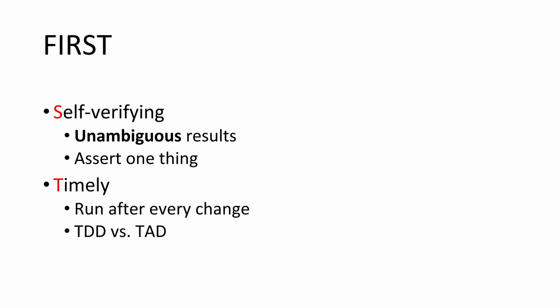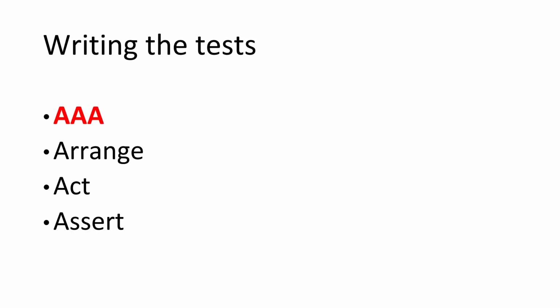That's FIR. The S is self-verifying, that is, we get unambiguous results. We assert just one thing and we know exactly what it means when that fails. And they're timely. They must be run after every change. Writing the test, we typically use the AAA formula: arrange your code, act on it, and then assert the result